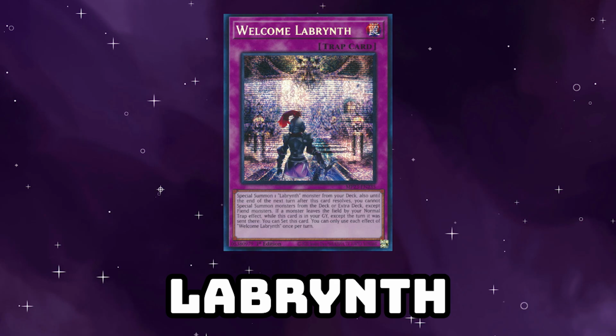Alright, next up we have Labrynth. Labrynth being, I think, the most popular back row deck, as far as setting a bunch of trap cards and stuff, that's not stun. Obviously not going to be covering stun in this guide, because these hand traps in general are really not that useful against stun overall, but...